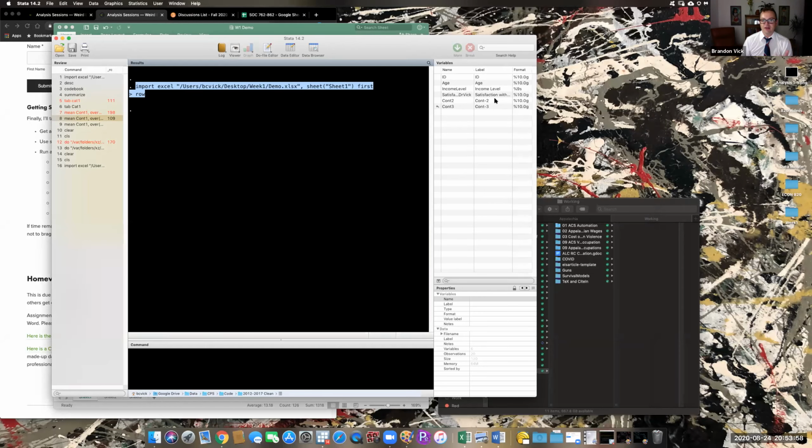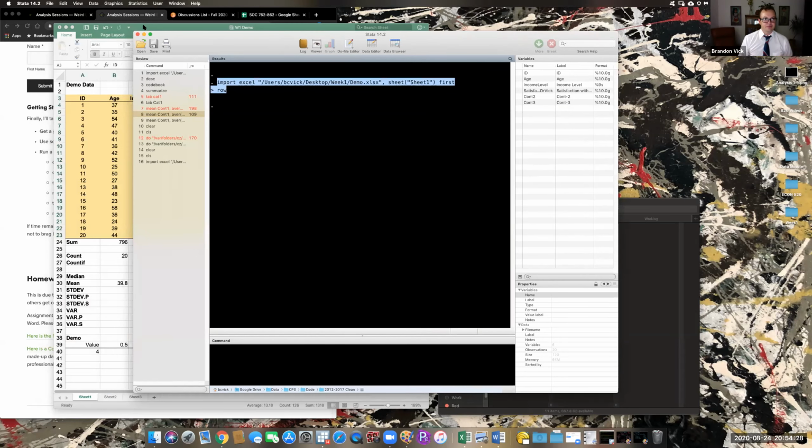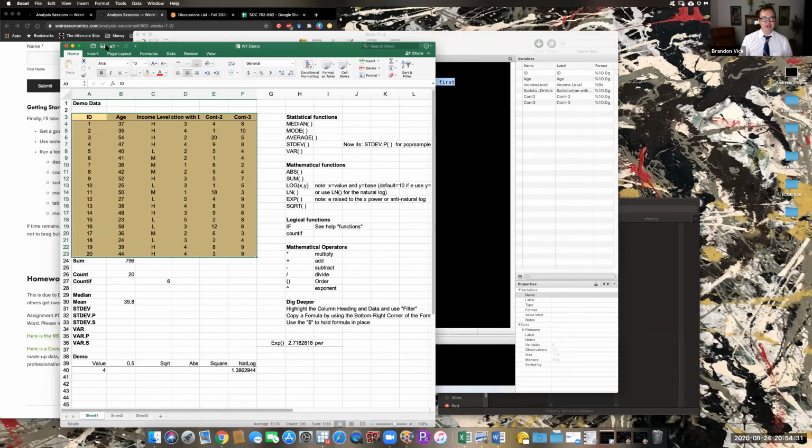And one other thing, the variable window here, we won't get into this format stuff yet. It's in your general introduction. But income level, the one that's low, medium, or high, L, M, or H, Stata is seeing it as a string variable indicated by this S here. Okay, but that's advanced. We don't have to get into that too much. Okay. Last thing, what I ask you to do